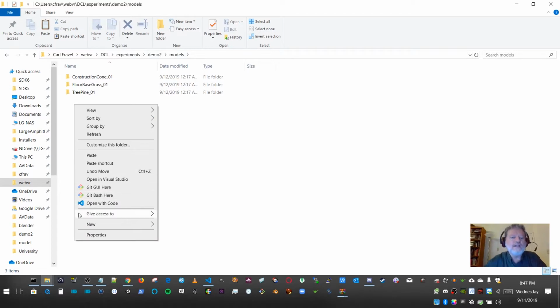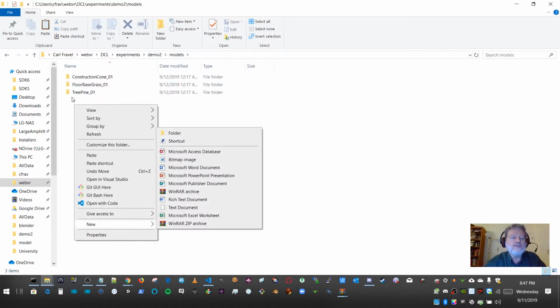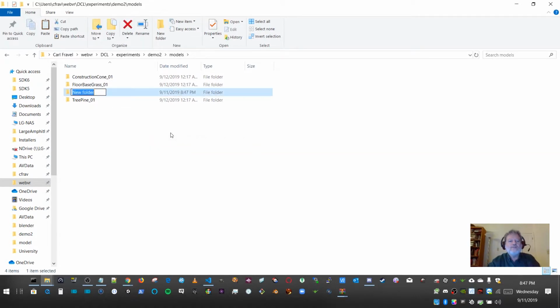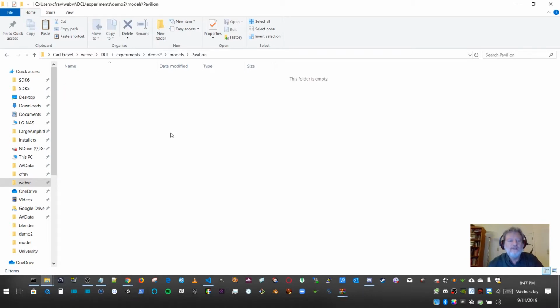When I make a new directory here under the models directory, I could place it almost anywhere and just give it the right path. But this is just organizational. So I want to say pavilion. I'm using a capital P on the folder name and on the GLB name. So I come back to my